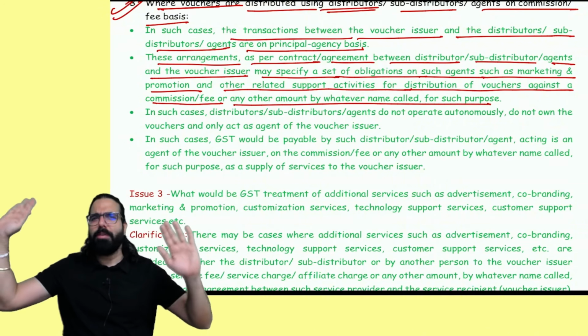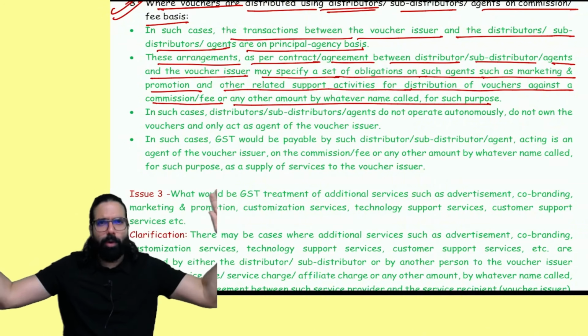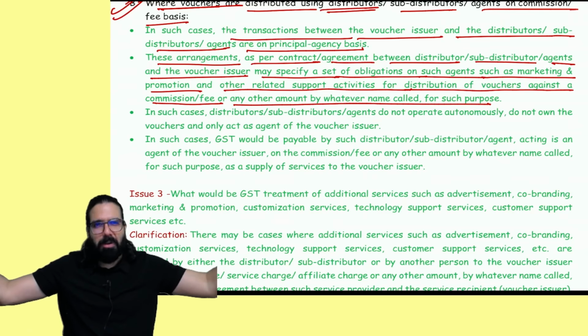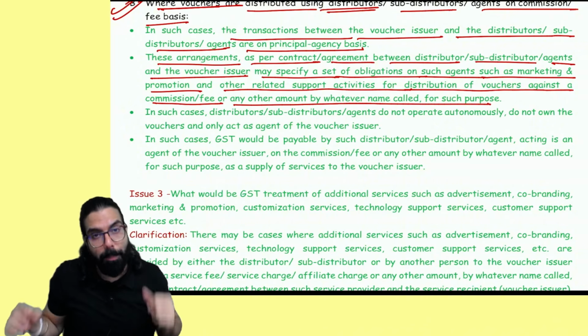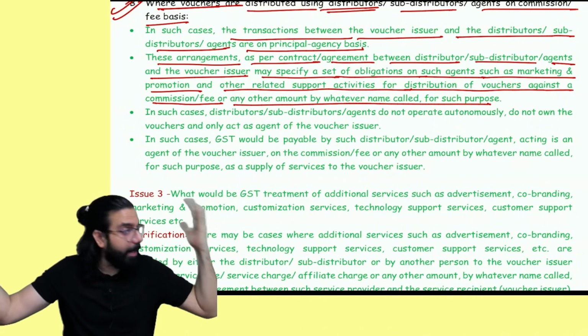Sir, what they told, this company who is issuing the voucher, this company who wants to buy the voucher and give it to employees, I am the middleman in between. I told, sir, I will take care of the marketing, I will do this, I will do that, I'll make sure this many vouchers are sold, all marketing, sales, etc. I will take care, I want a commission. Now, in this scenario, vouchers are sold from here to here, but I am the middleman in between who is making a commission, who is helping this company in selling the voucher.